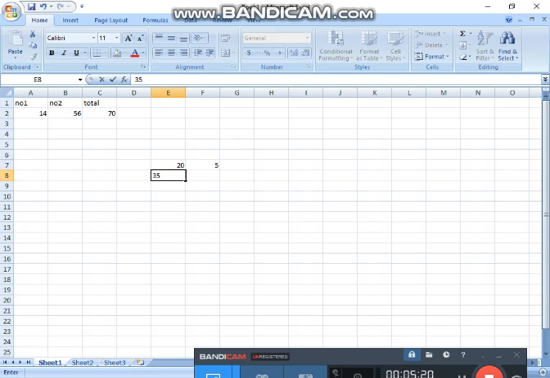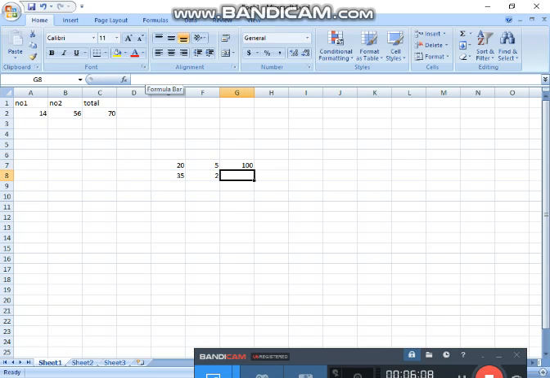Here I have taken one quantity 35 and value 2, and for the calculations I am applying the formula equal to the cell address E7, then multiply, then F, the address, what's the row, 7.